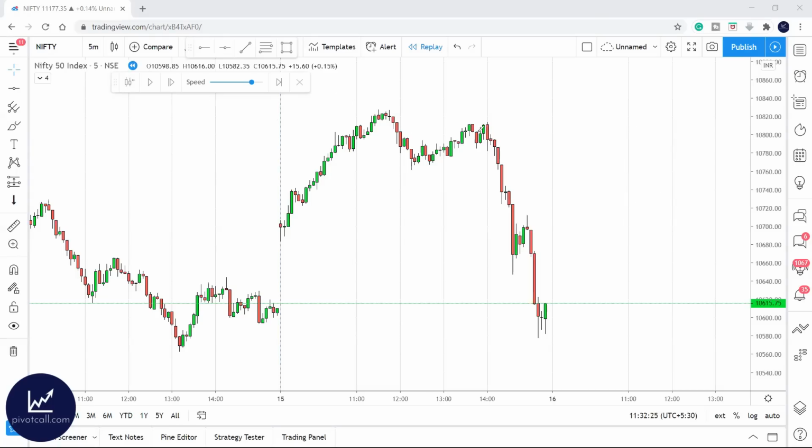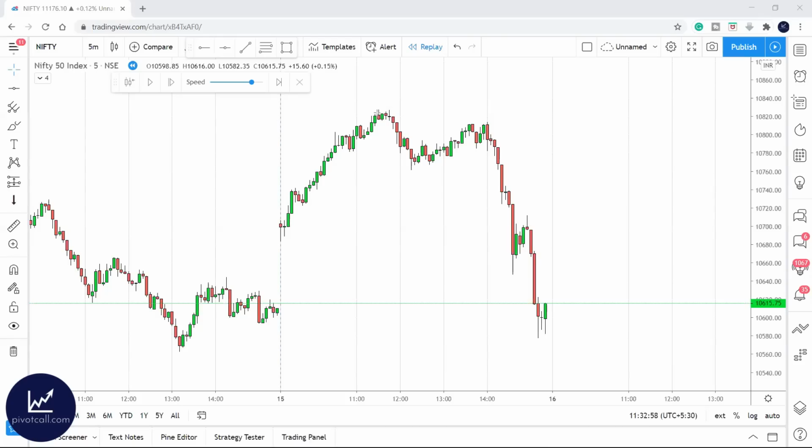If you apply the logic, it tells you this is the level where sellers aggressively started selling. They wanted to mark it down, and they were finally successful in taking the market down. That means there are aggressive sellers here, short sellers, people who have a big pocket. That means big players, right? They have the money power to take the market down, and this is the level they short.